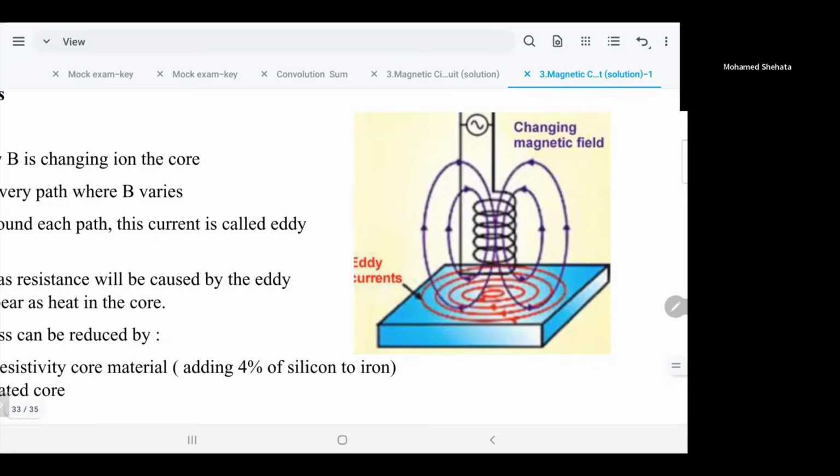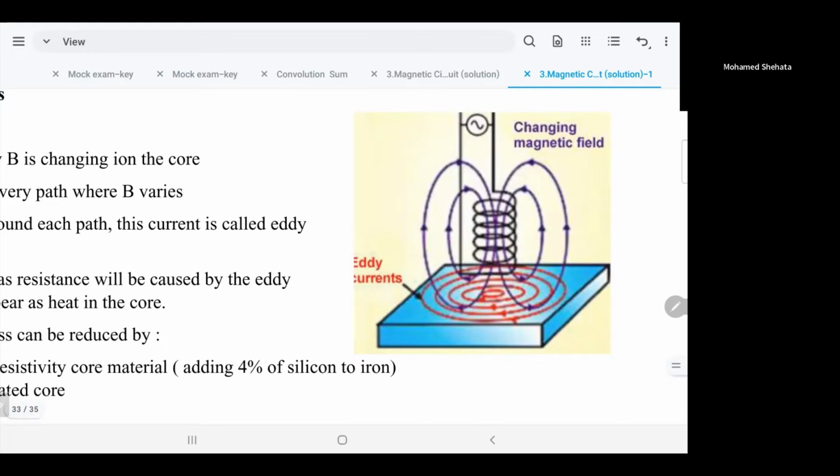Why? Because as I said, according to Ampere's law, the field intensity H is proportional to the current. So let's say this current, that's why you see the coil, is sinusoidal, something is changing. So we'll have sinusoidal magnetic field lines. So what's happening here, the magnetic field line is changing. What happened? Induced voltage. According to Faraday's law in physics, if you remember,